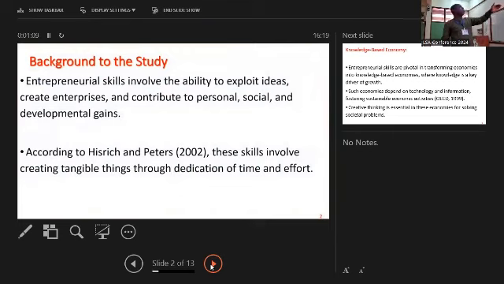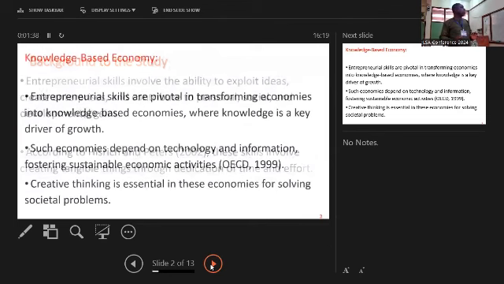Entrepreneurial skills involve the ability to exploit ideas, create enterprise, and contribute to personal, social, and developmental gains. According to Eastridge and Peters, 2002, these skills involve creating tangible things through dedication of time and effort.